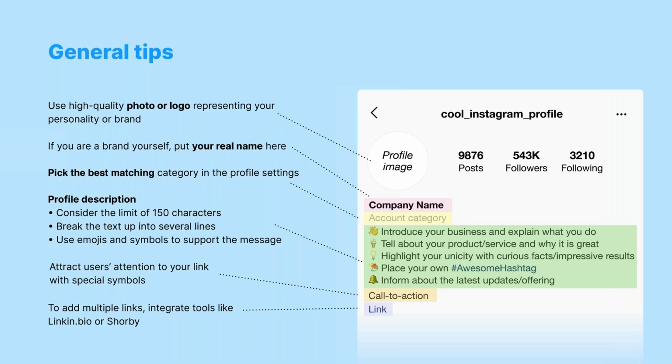So I broke down general tips for creating your bio. First and foremost, we mentioned using a high-res image or a logo. Next is your name. Want to use your real name the best you can. I know I said something like Keith Sells Homes or Keith Flynn Realtor, but when it comes to brand recognition, use your best judgment, but definitely want to get your name in there in some respect.